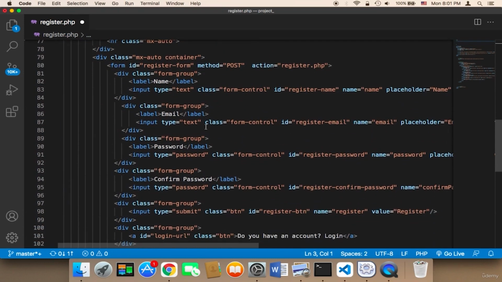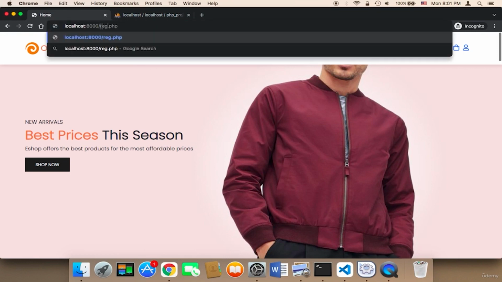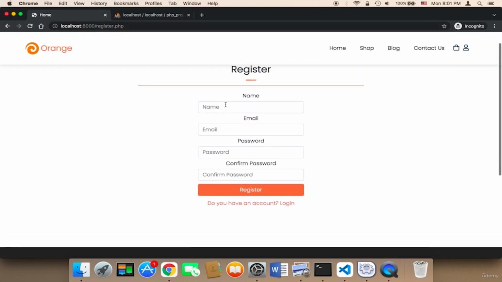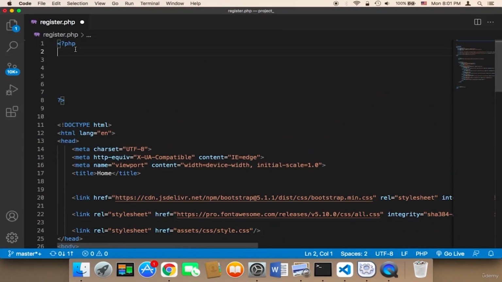So let me first go to the register.php, and to explain what I'm going to do. So the user would type their name, email, password, and confirm the password, and then would click on register. If everything is fine, we need to display that. Otherwise, we need to display an error. So what I'm going to do is that here I'm going to say